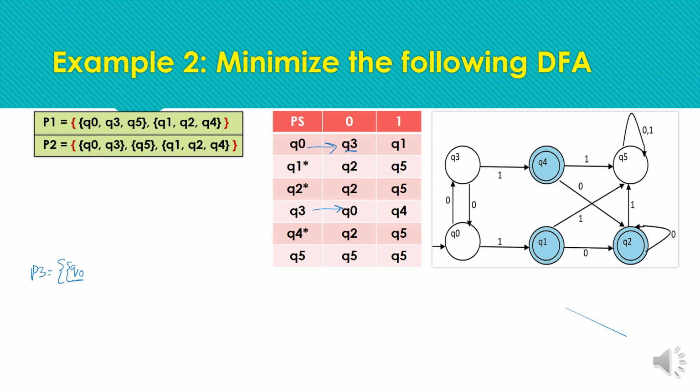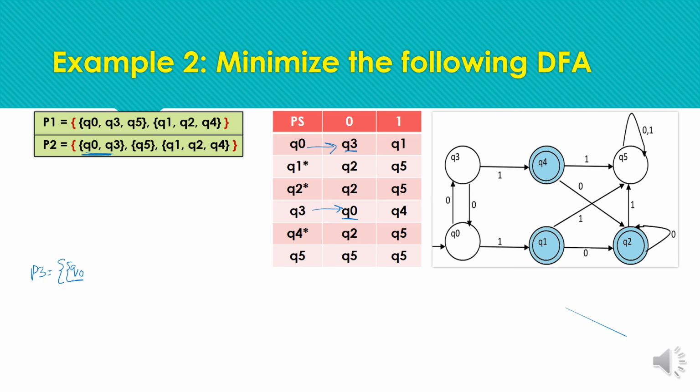So we are having transitions to each other, from Q0 to Q3 and from Q3 to Q0. So Q3 and Q0 are part of the same group in partition 2. Now we have to look into partition 2 for partition 3. As both the states are part of the same group for input symbol 0, the condition is fulfilled for the input symbol 0.